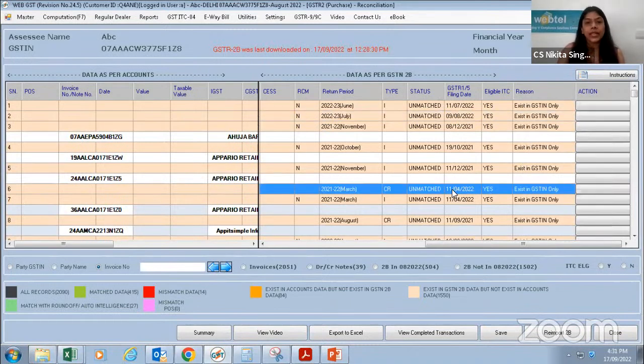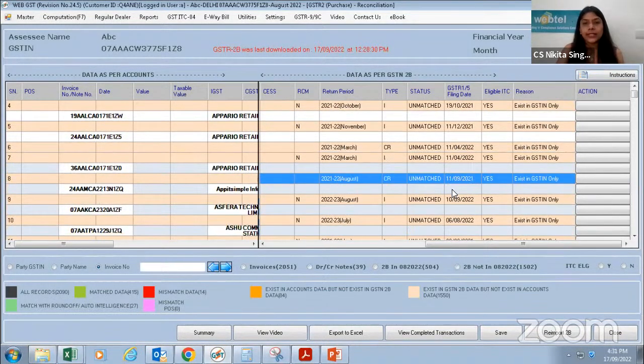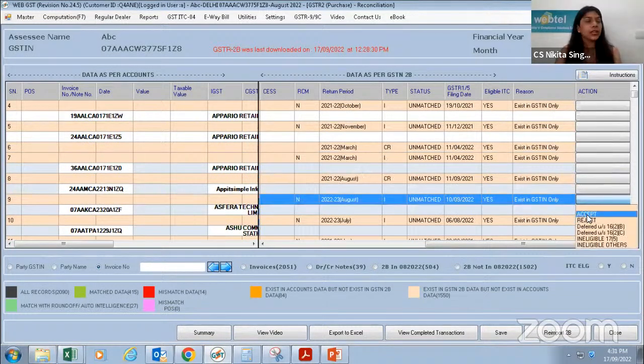Next is GSTN data. Now let me show you an August month invoice. Here you can see accept action is coming. If my data is correct, I have to take accept action. मतलब अगर मेरा GSTN पे जो डेटा आ रहा है वो करेक्ट है, मुझे एक्सेप्ट एक्शन लेना है। अगर वो डेटा गलत है, सपोज किसी ने गलती से मेरे GSTN पे अपलोड कर दिया है, तो रिजेक्ट एक्शन लेना है। Deferred under section 16(2)(b), as we have already discussed, किस केस में 2B और 2C में deferred action लेना है।